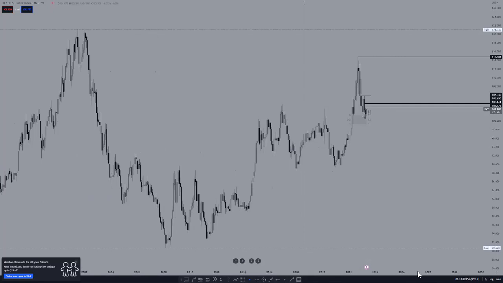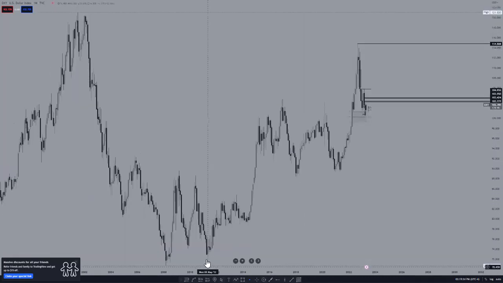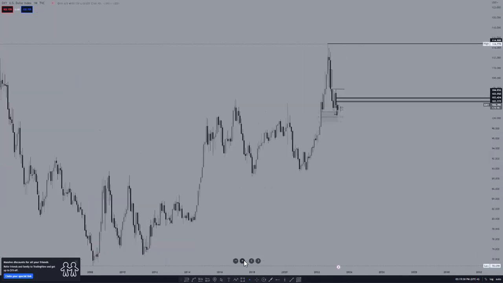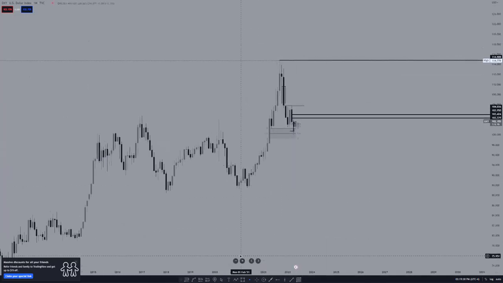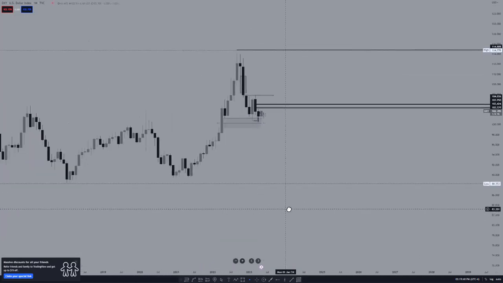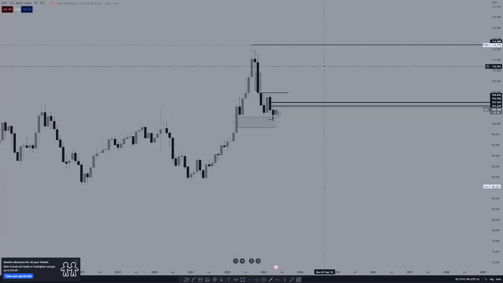Okay, sorry. Now, moving to the DXY, you can see here the market has been selling. It's been under great selling pressure. See, the DXY sold from this area down here. Then we had